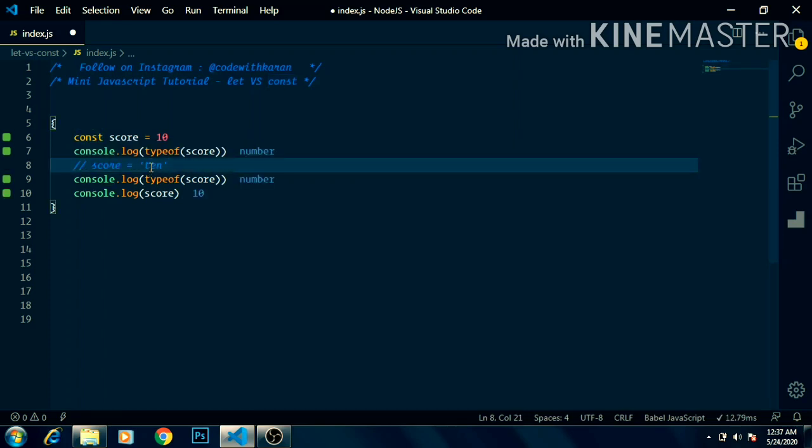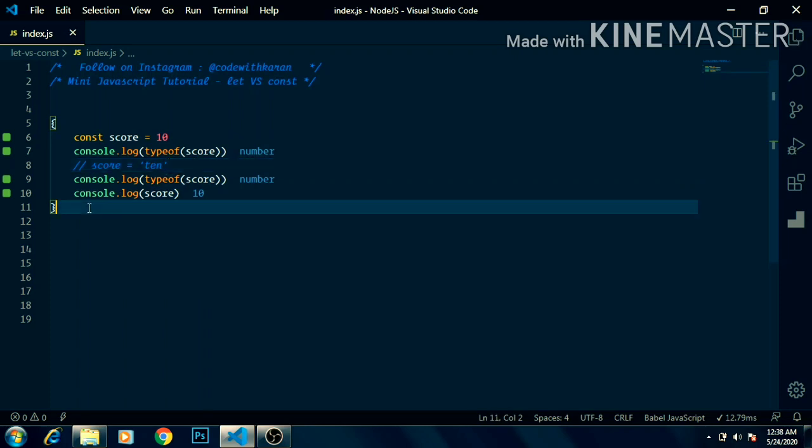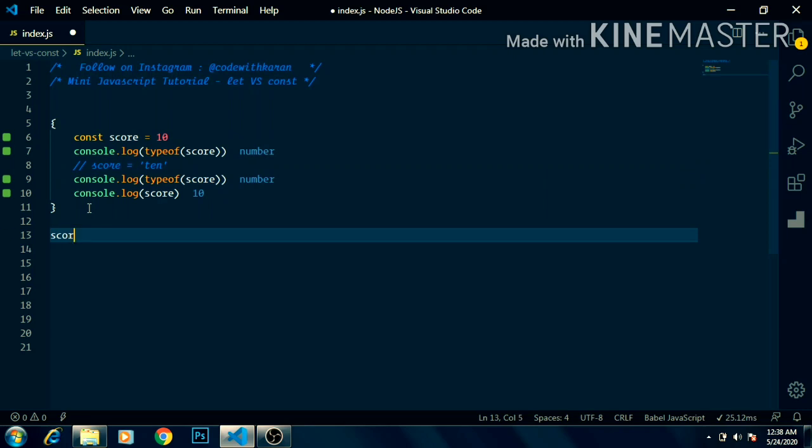So I won't be able to reassign any value to a const variable. And if I try to access the const variable outside the scope, it would still give me a not defined error, which means const by default also creates a block scoped variable.